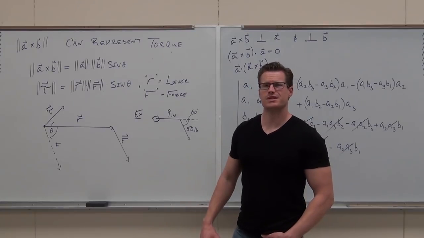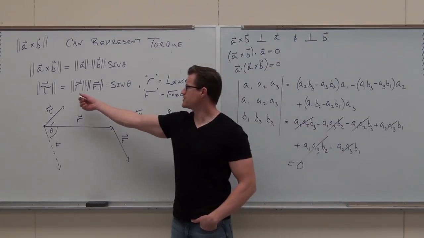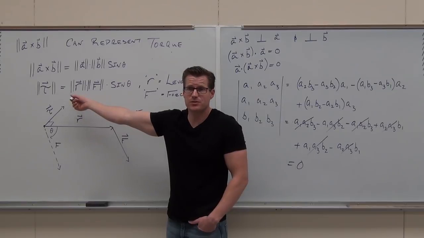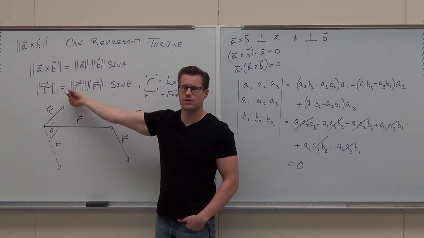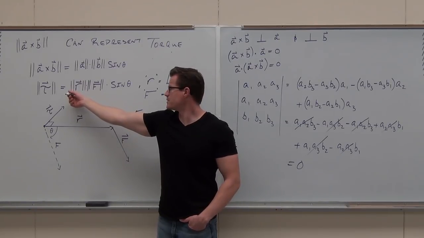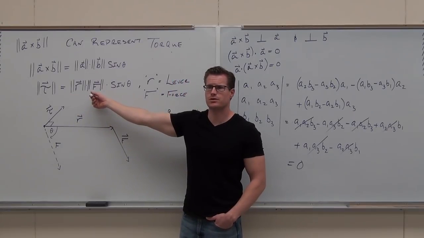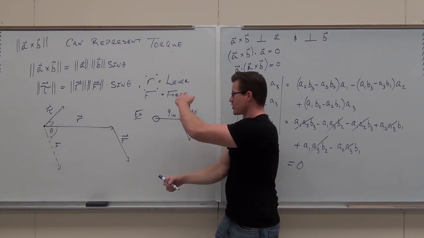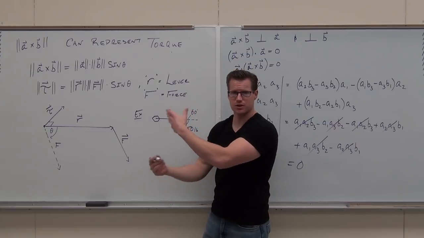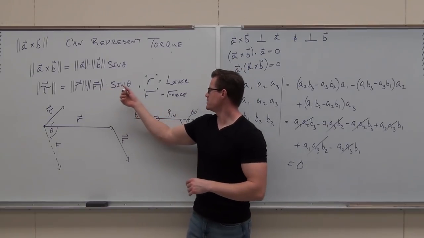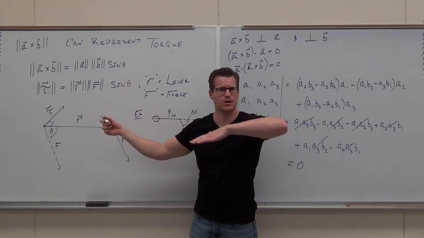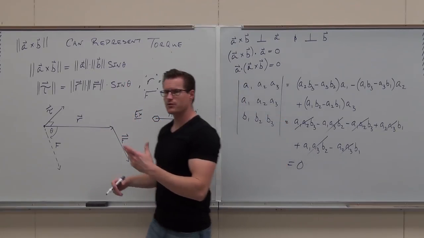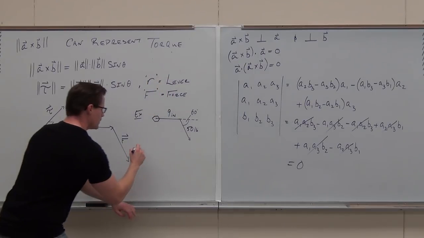So again, the way this works is, hey, do you know the magnitude of your, I'll give you some magnitudes. Do you know the magnitude of the lever? Yes. What is it? 9 inches. 9 inches. Inches, that matters. What's the magnitude of your force? Notice I don't really care about the actual vector because we're talking about magnitudes here. And then, do you know the angle between them? How much we're going to sweep out is what we're talking about. What is that? 60. So if we want to find the torque in this situation,